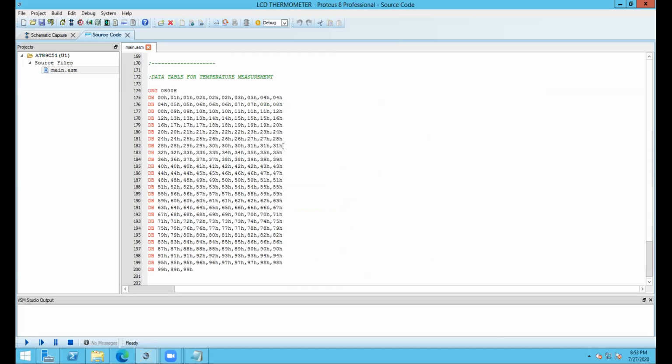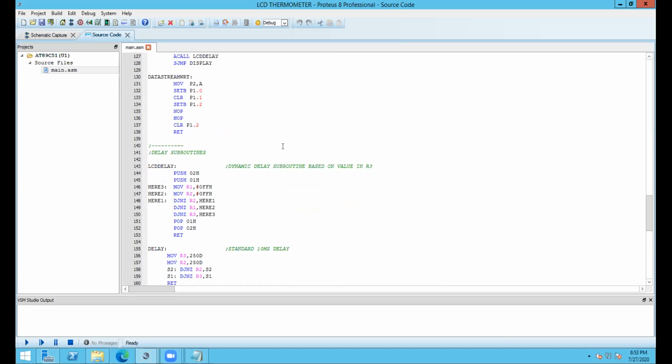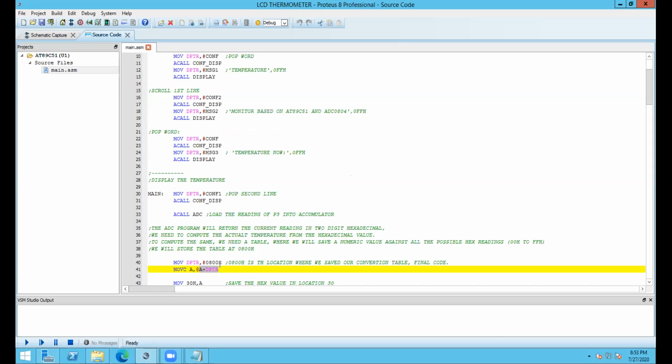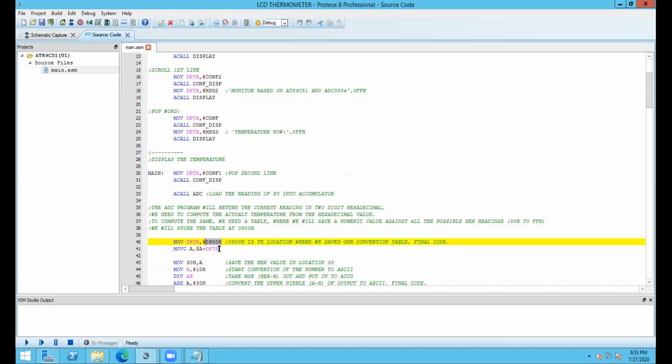Say right now in the accumulator you have 03 hex. So we are just adding the 03 hex to the data pointer. First the data pointer was loaded with 800 hex and now we are adding 03 hex to it. So right now the data pointer will have 803 hex.